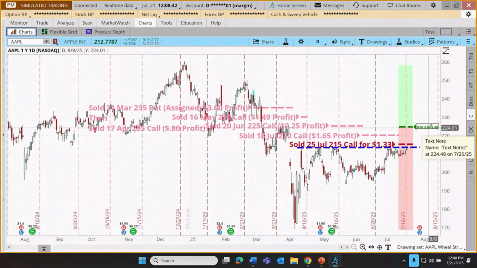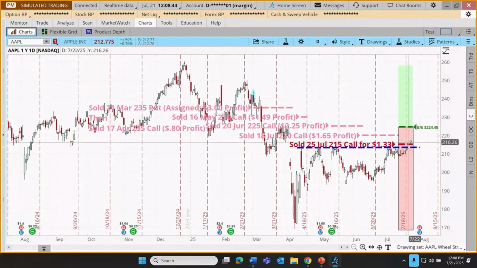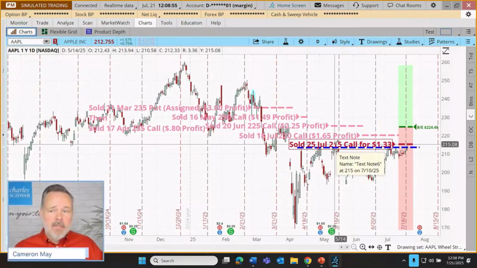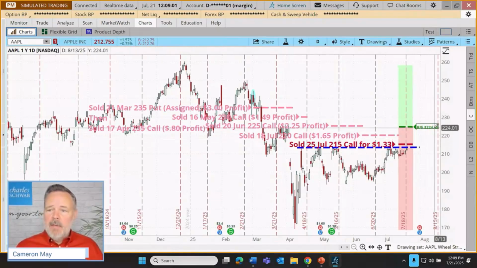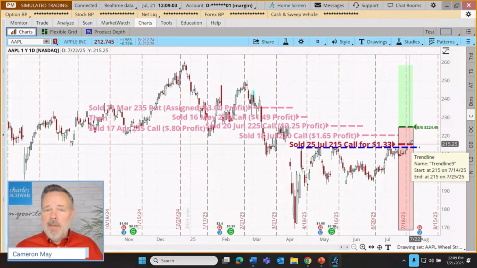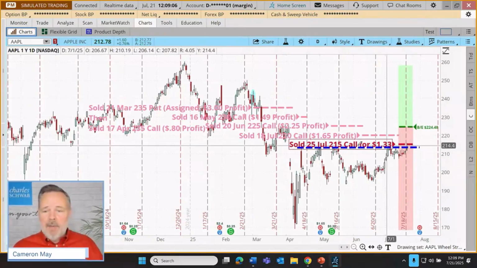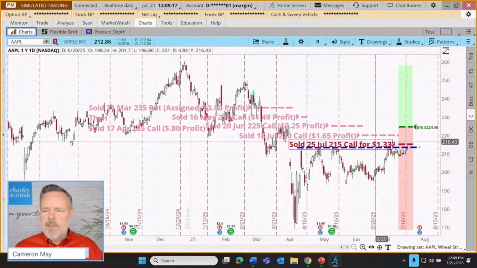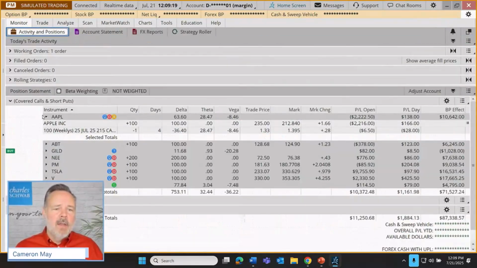Our break even is now at 224. So we're a little way below that 224 break even. If we were assigned on this 215 call, that would mean the trade's over and we'd have a loss. If we were to be assigned at 215, you'll notice that would be $9.48 below our break even. Sometimes trades just don't work out, but this stock plus trade management has done a pretty fair job of reducing that loss. So we'll see what happens from here. I'm going to let that one continue to work.